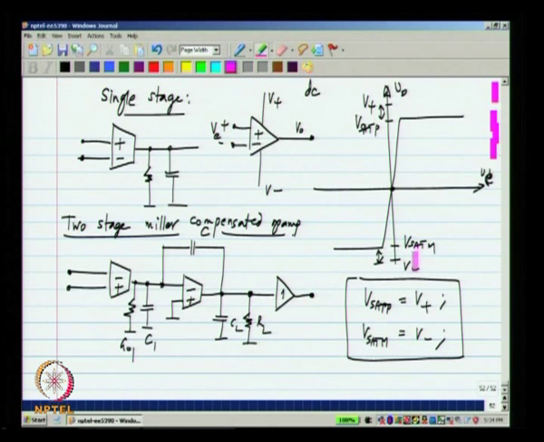The important thing also is that it is related to the supplies that you use. Now, this V minus and V plus could be some positive and negative voltages with respect to ground, or V minus could be 0 and V plus is a positive voltage and so on. These limits are correspondingly relative to the V plus and V minus that you use. It is not that V sat P is plus some voltage and V sat M is minus some voltage regardless of the supply. So, that is one limitation. There is a limitation on swing, and those are the saturation voltages.